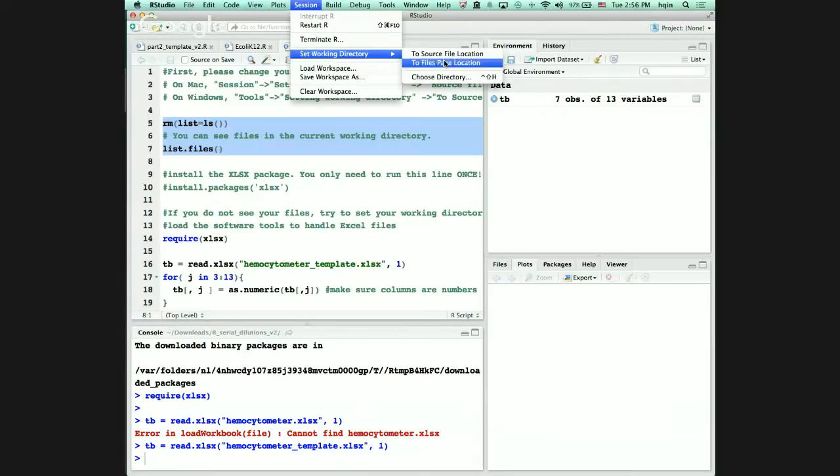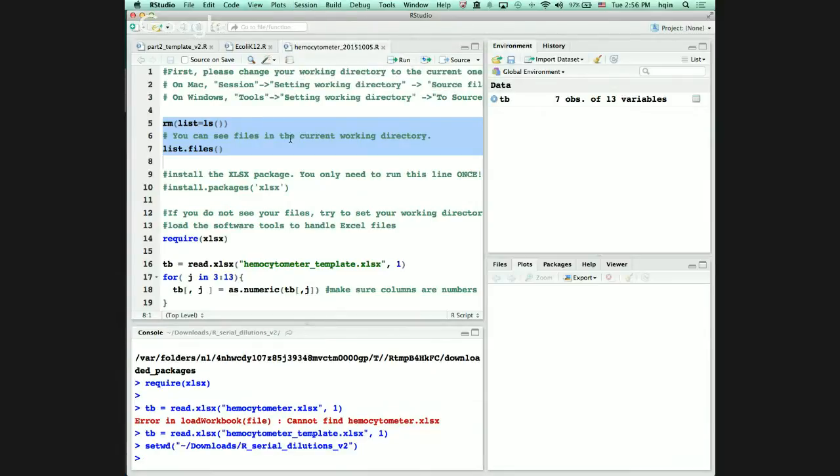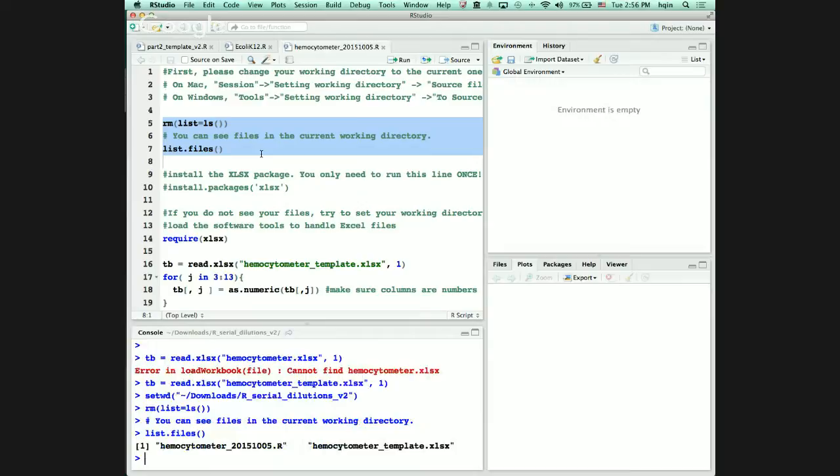You want to first set the file directory to source file, and then run the listed file. You can just highlight those and run it line by line, and then you should be able to see the Excel file at the bottom. If you don't see it, then you won't be able to read it into the software. So once you can do that,